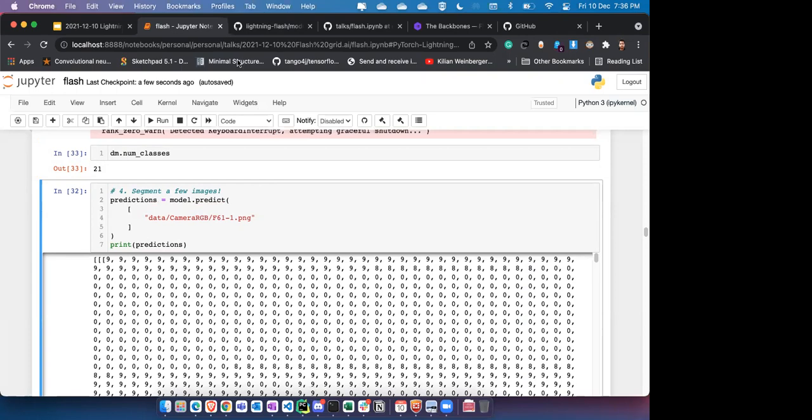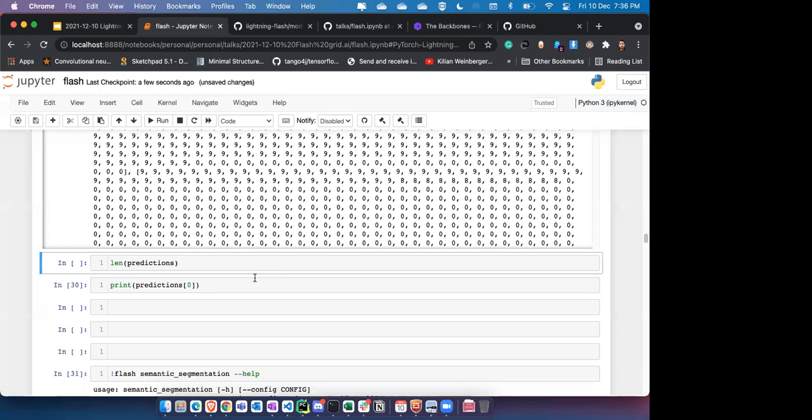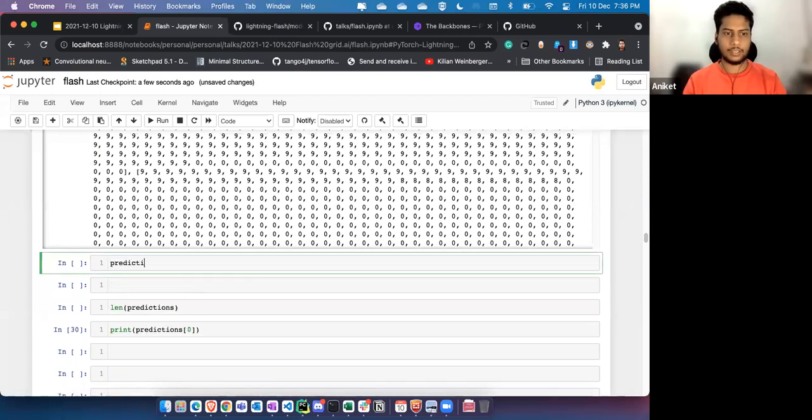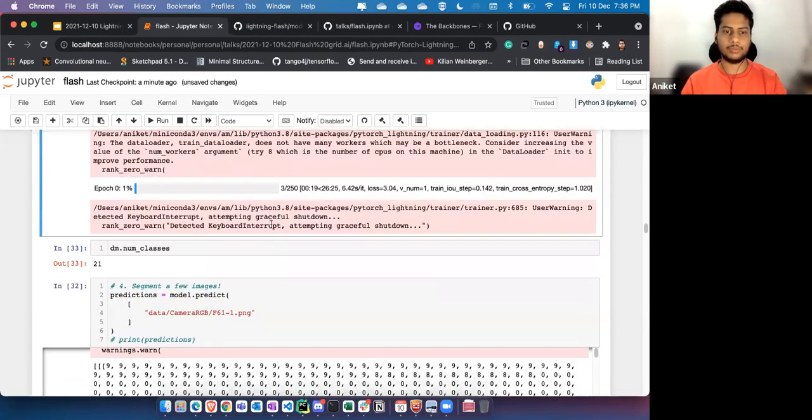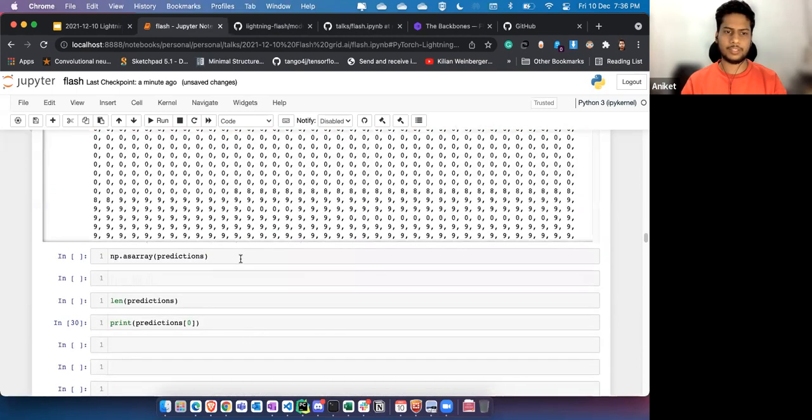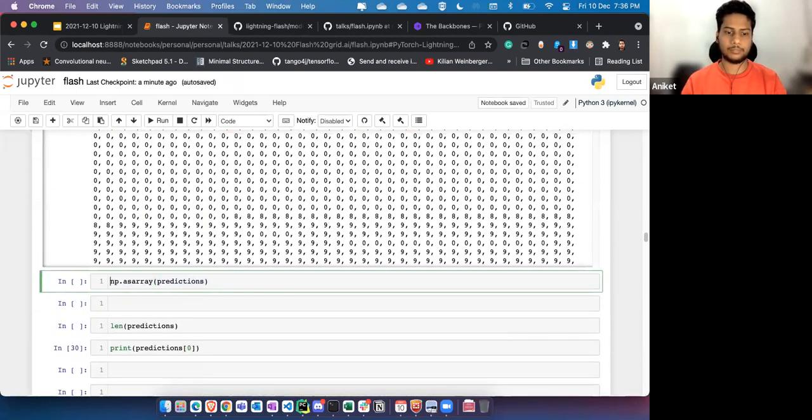Alberto is saying maybe you can convert the output of the prediction to PIL.Image. Yeah, I can convert the output of the image to a PIL image, but it won't look better because this is not coming from a trained model, because I just stopped it in between. Otherwise, it will take a lot of time to train. So the output would be very weird or not good.